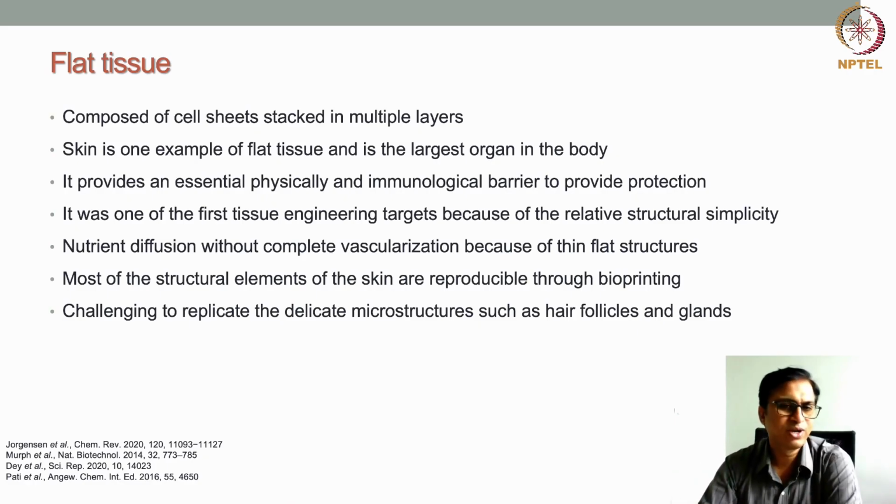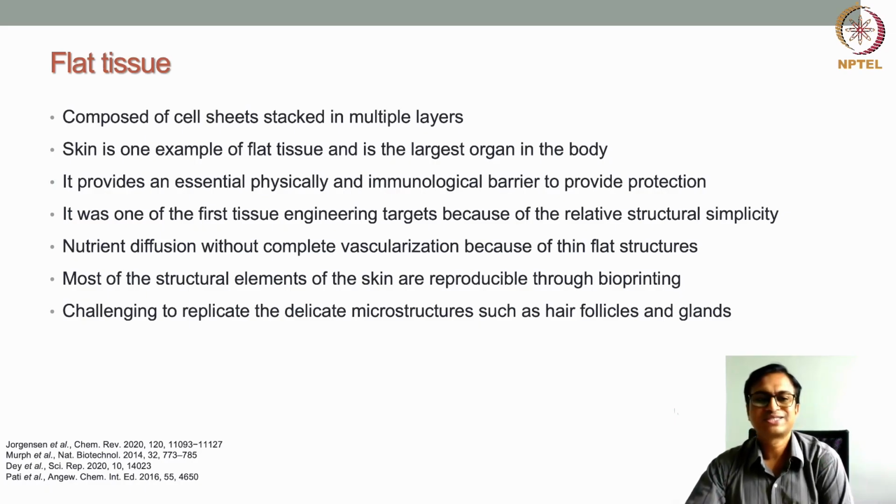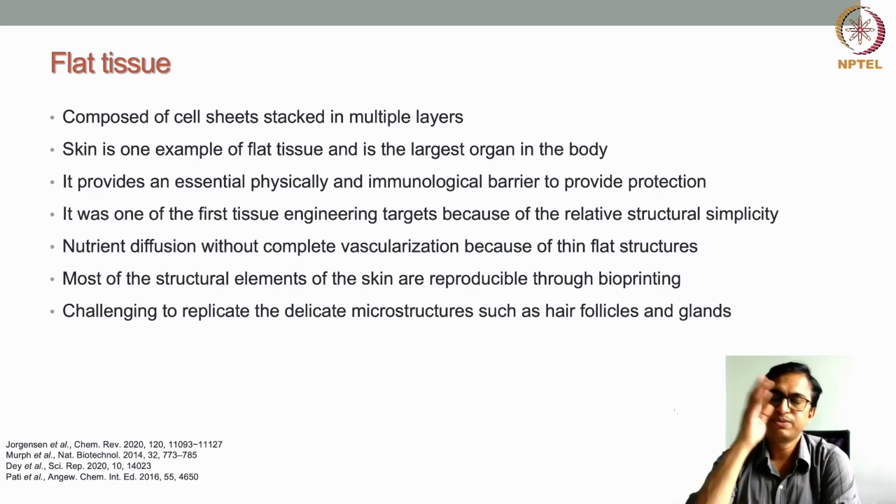Skin is one example of a flat tissue, and it is the largest organ in the body, because if you look, most of the body is covered with skin. Skin provides a physical and immunological barrier, so that the body is protected from the outside environment. That is the main function of the skin, and that is why there is an enormous requirement of skin